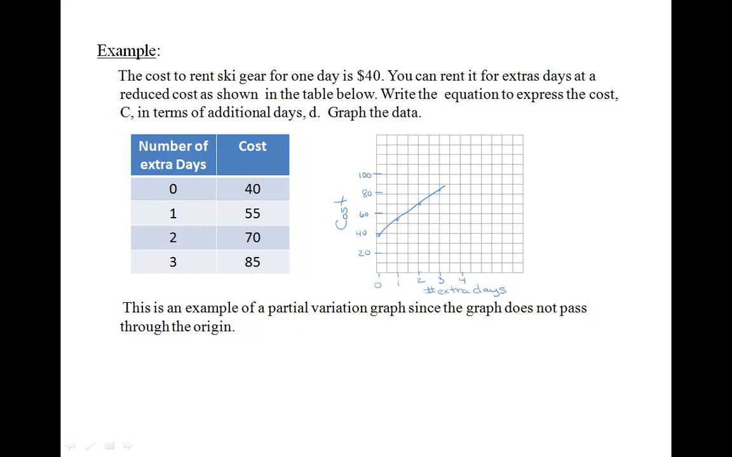The equation for the partial variation graph is as follows. C equals 15D plus 40, where C equals the cost, D equals number of extra days,